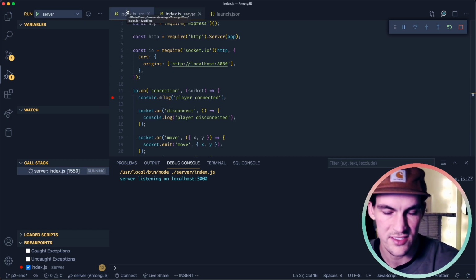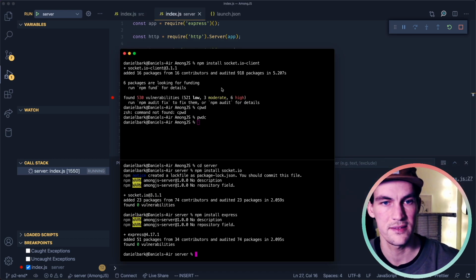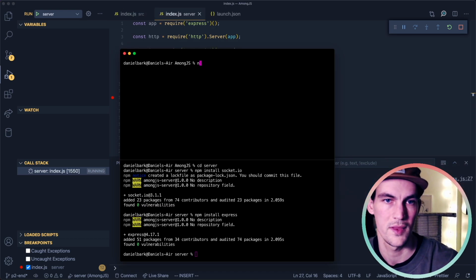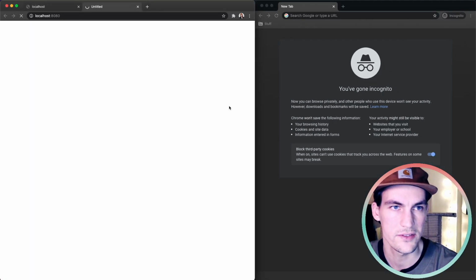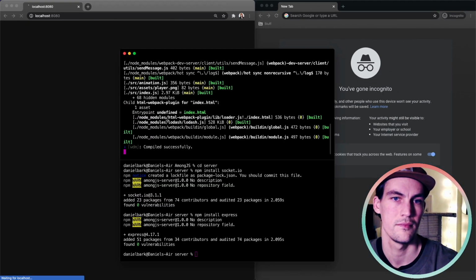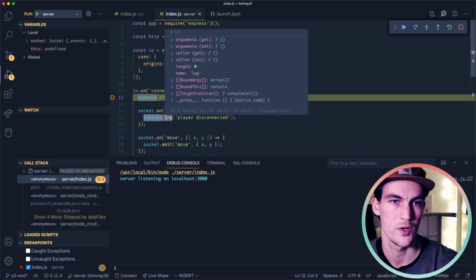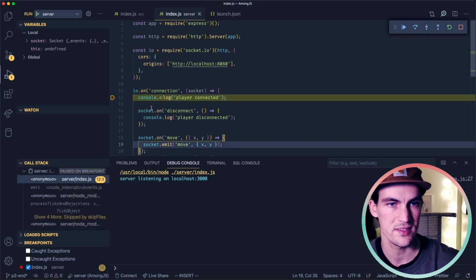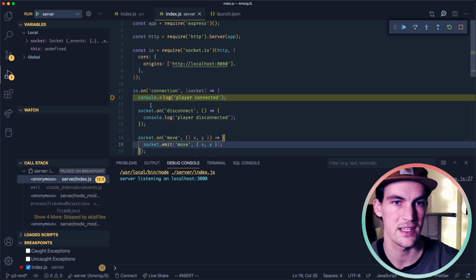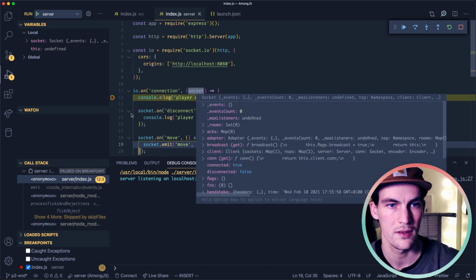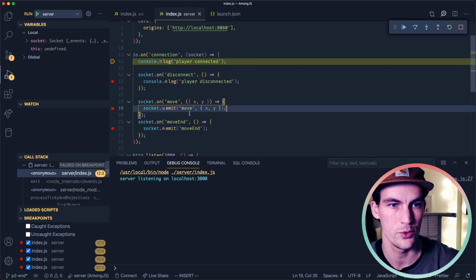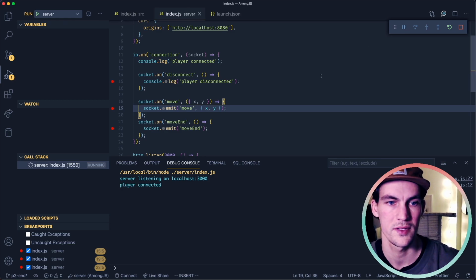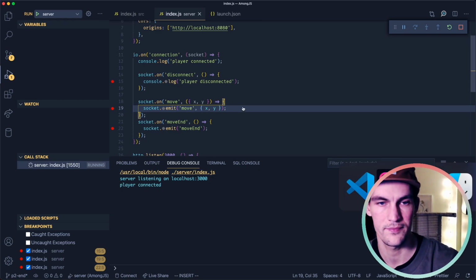So now let's start the client. See if we have any errors. Okay, so it seems as we have our first client connected here. So let's set breakpoints on disconnect and on move and on move end, just to see what happens. Player connected.